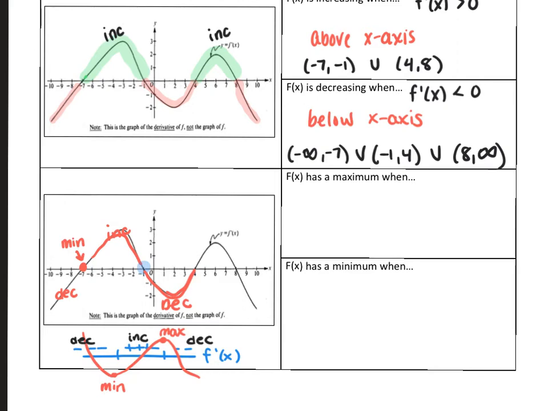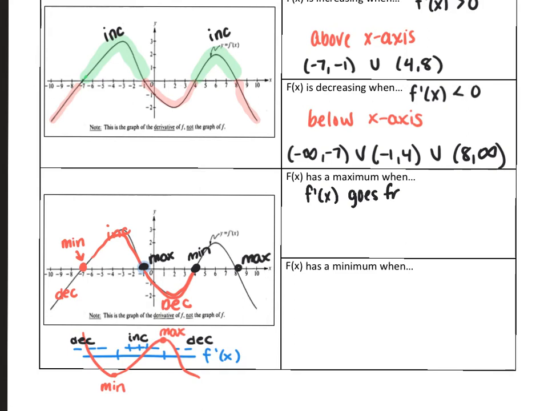So there will be, here is my maximum. And then this second to last one, we went from here to here, so from below to above, decrease to increase, it's a minimum. So we have a minimum. And then the last one would just be another maximum because I'm going from above to below. So in other words, we have a maximum when f prime of x